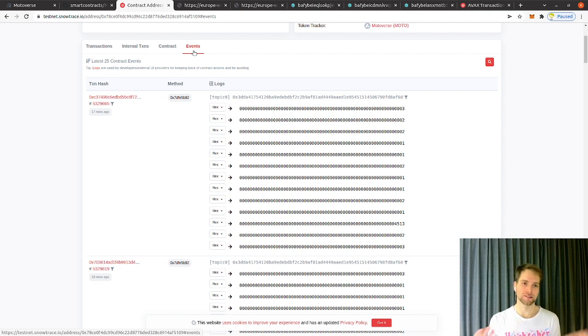So then there could be different ways you can approach this. I think the way we're gonna try first is just have another function that's gonna run every minute or something, and listen to these events, and it's gonna rebuild this database and make sure it's up to date. And you can always say from which block you want to listen for events, so to make sure that on each run you're not going through all the events, you're just catching up on the events that you missed since the last time you ran. And then you rebuild this structure in your database, and that enables you to query these kind of cool things.